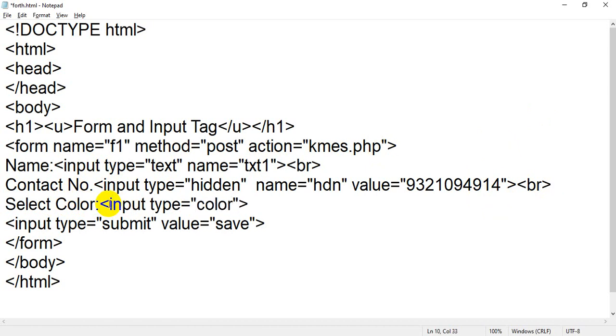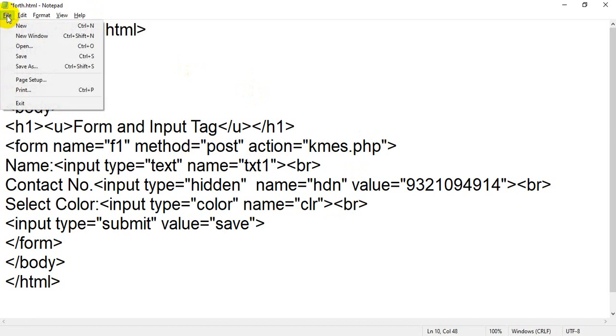Okay, you can assign a name attribute, name equal to. What is the use of name? It will bind the values of that input box. Name equal to, for example, clr, you can take any value. Then I am going to add one BR tag.